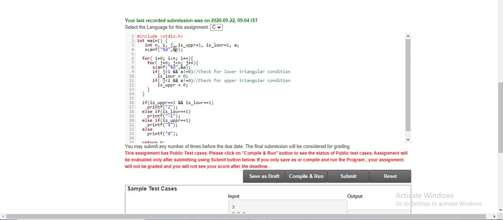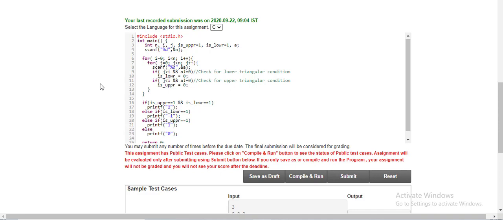First of all, we have taken the variables. After that, we have taken the input from the user, and then we have put the for loop and check for the lower triangular condition and the upper triangular condition. So how do lower triangular and upper triangular work? If there is a matrix with diagonal elements, and all the elements above the diagonal are 0, then it is lower triangular.